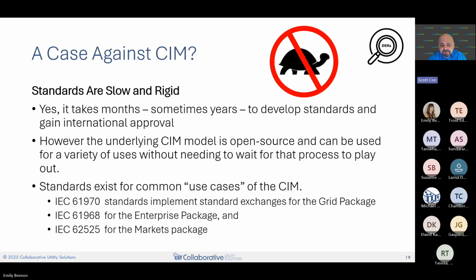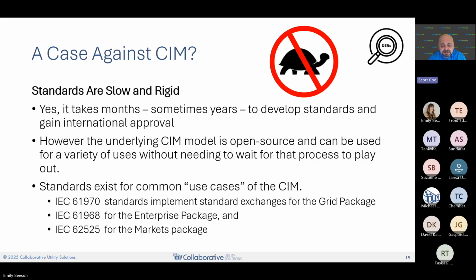And while it might not be an international standard that every vendor might support, it would be understandable by any vendor. And a lot of vendors are now building tools that are very flexible. They can take a CIM object with any sort of element, and as long as it knows the data from the CIM, it can figure out what to do with that data and where to put it.